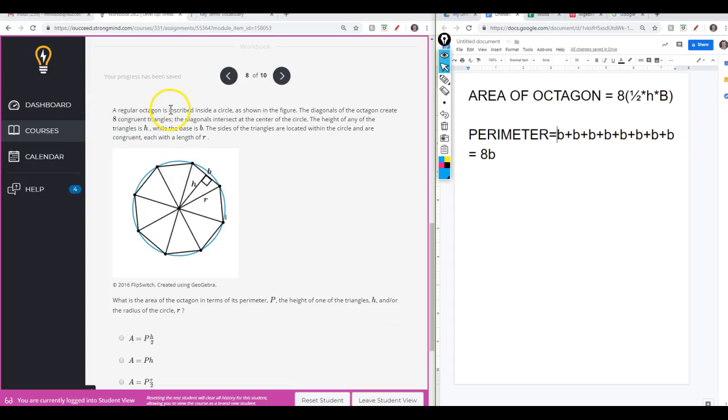Alright, a regular octagon is inscribed inside a circle as shown in the figure. The diagonals of the octagon create 8 congruent triangles. The diagonals intersect at the center of the circle. The height of any of the triangles is h,